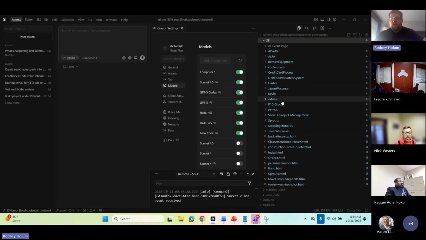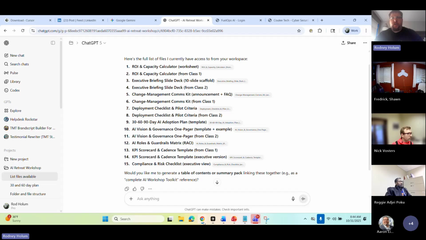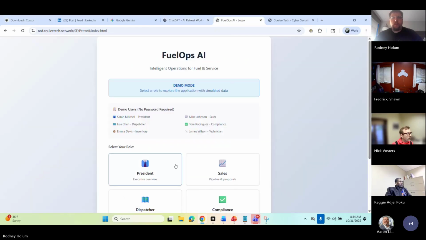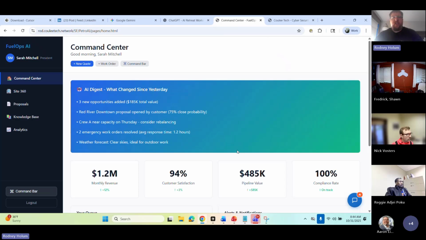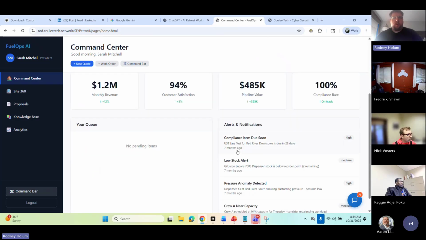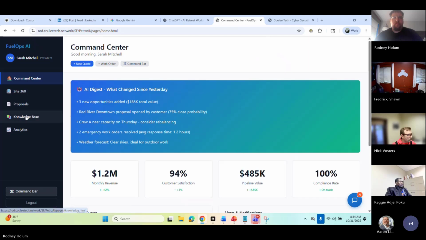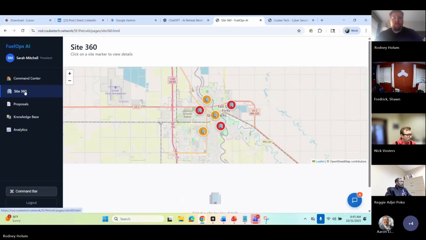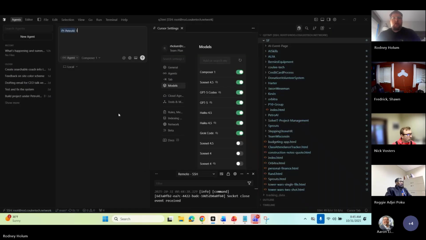So here, the example you guys saw earlier, this petrol thing. What is one example or enhancement you'd like to see in this tool? I'm going to say in the site 360, can you add 20 locations instead of the handful you have now?